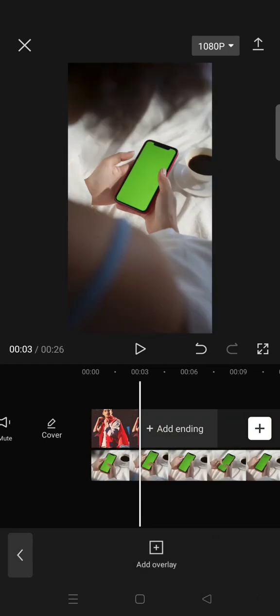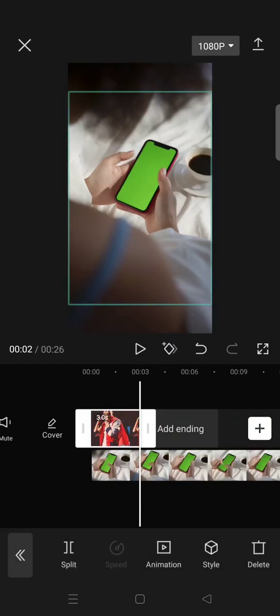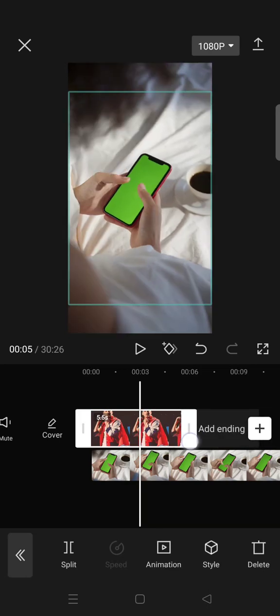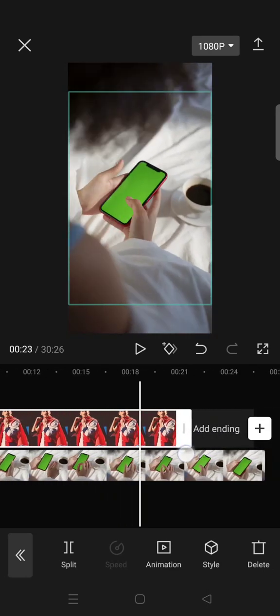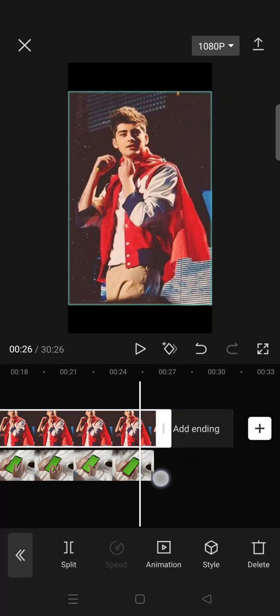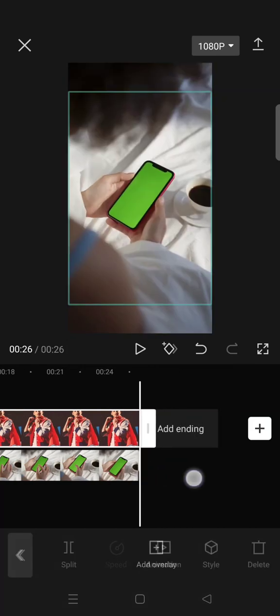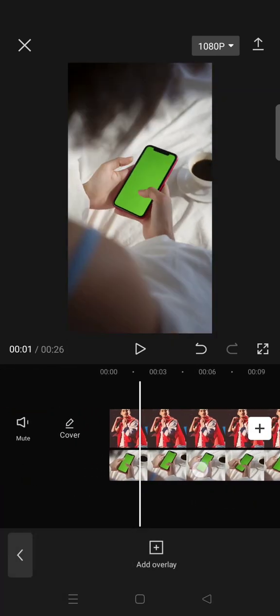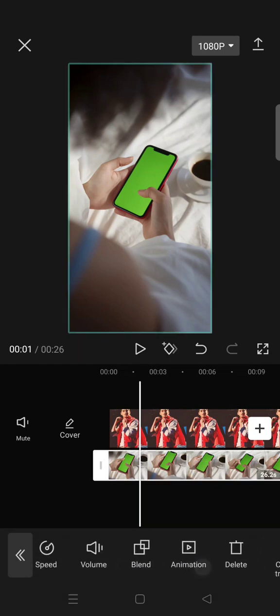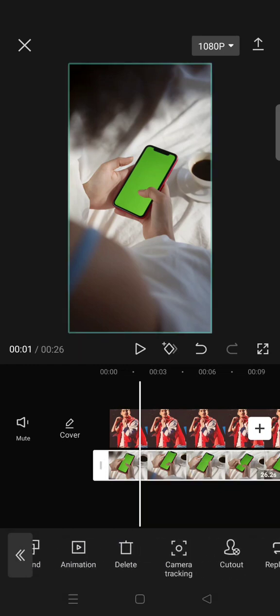Drag it like this and then click on the photo and adjust the durations to be the same with the green screen like this. Then just click on a green screen, and to get rid of the green screen, use the cutout